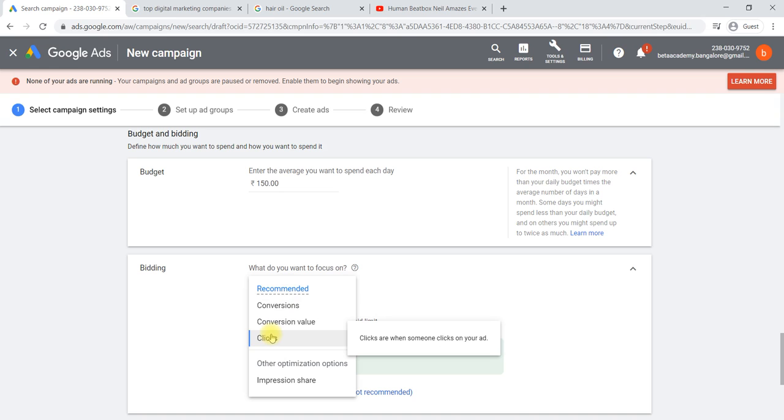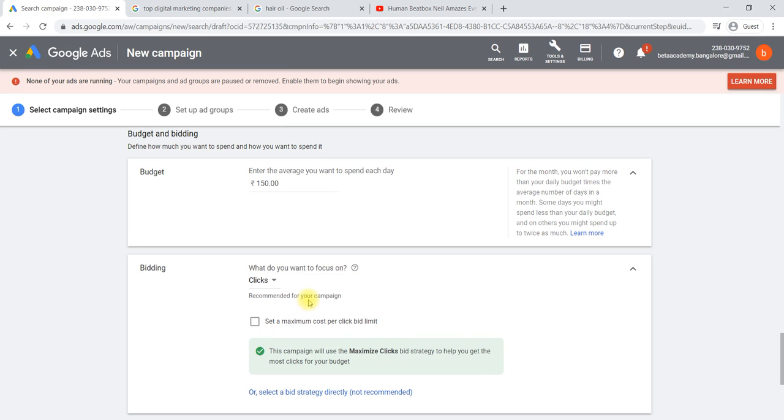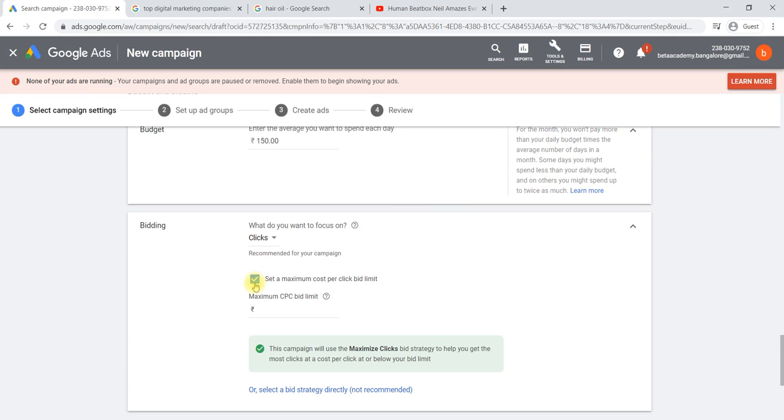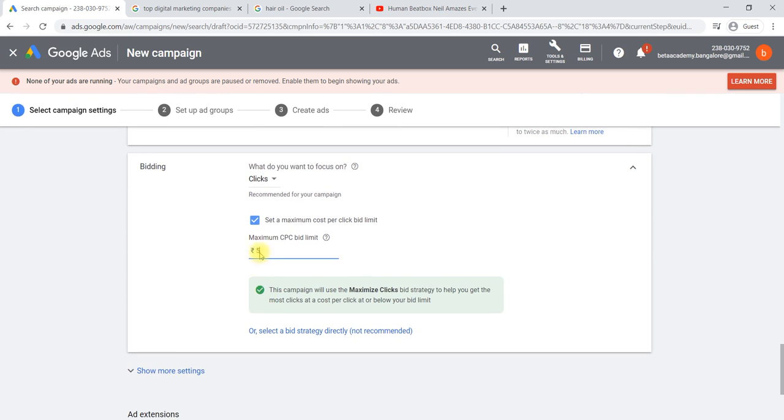In the sense you are planning to get website traffic, so if someone clicks, then only it will be counted. And here set a maximum cost per click. We can select a maximum cost per click. In the sense, I don't want a keyword which costs around 5 rupees and above. Like this we can say that within 5 rupees only, one click should cost 5 rupees at max. On an average it may be 1 rupee, 2 rupees, but at max it should cost 5 rupees only. Like that we can select the strategy, or you can select your own bidding strategy by selecting here.